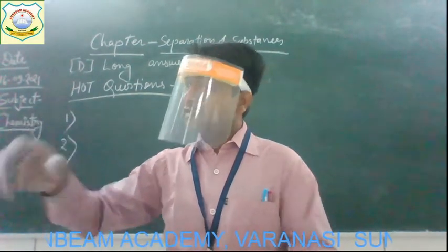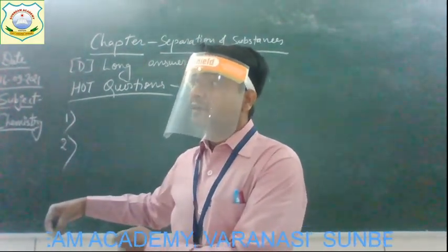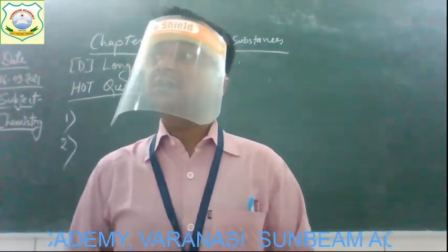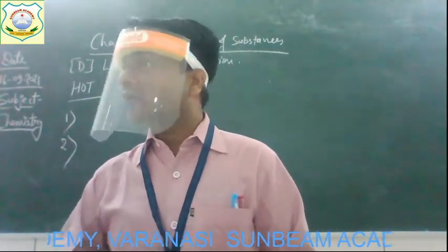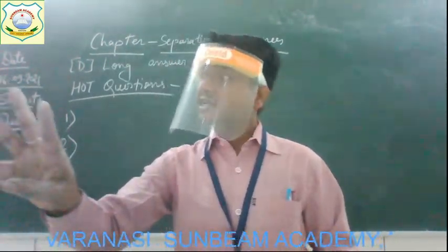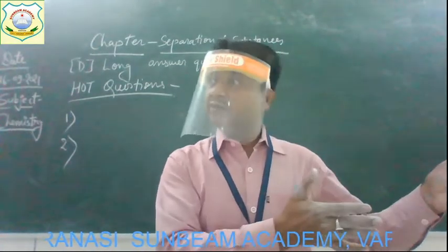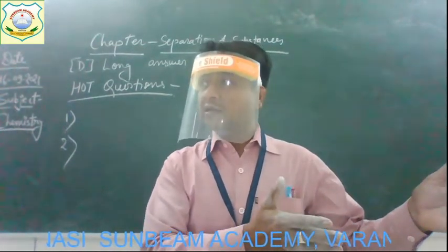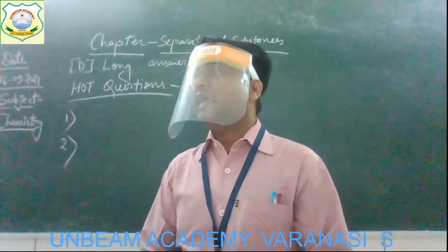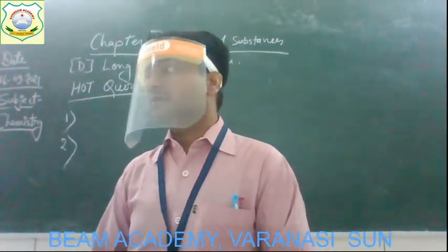Now separate it into another plate. And what is left on that filter paper? Only sand is left, because sand will not get attracted towards the magnet. So all three materials get separated. Water is separated by filtration using filter paper, iron is separated using a magnet, and the third one, last of all, is sand.